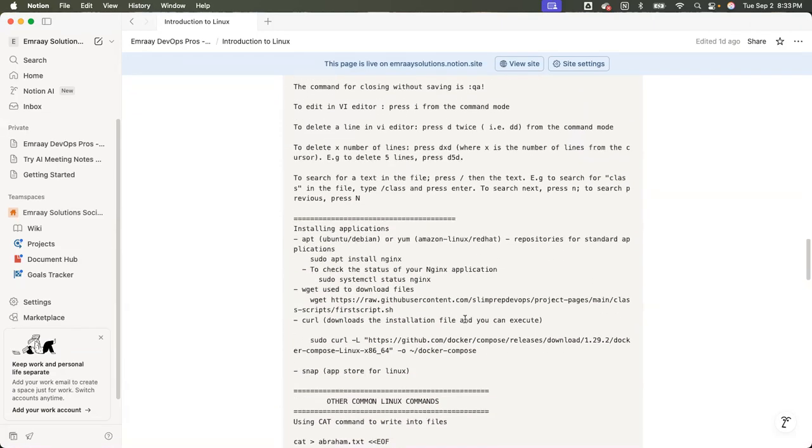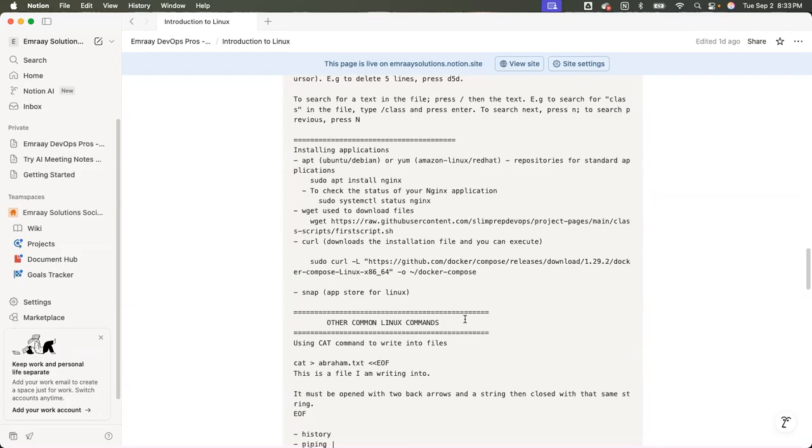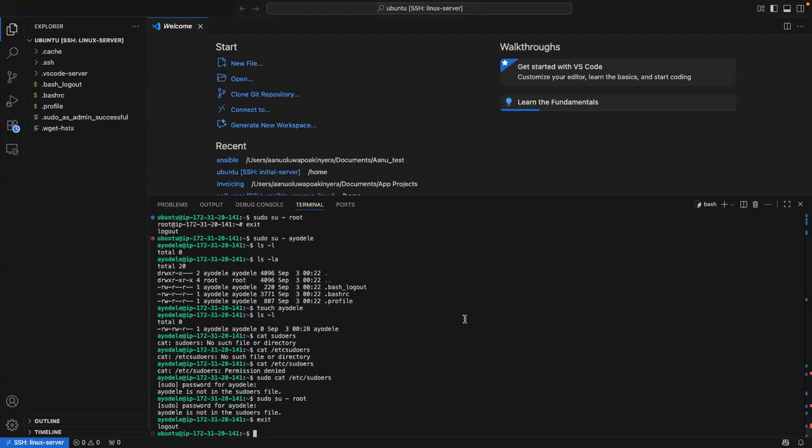The next thing is installing applications. How do I install applications on my computer? This is a server, this is a computer. I need to be able to install applications to work. Should I only use the application websites? Is that the best way to go about it? How do I install?